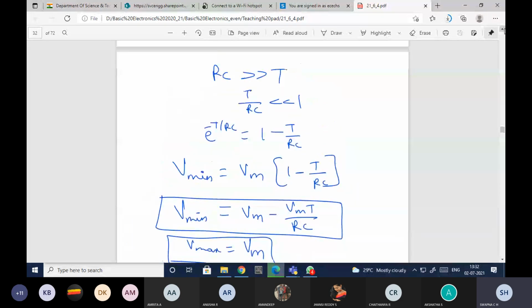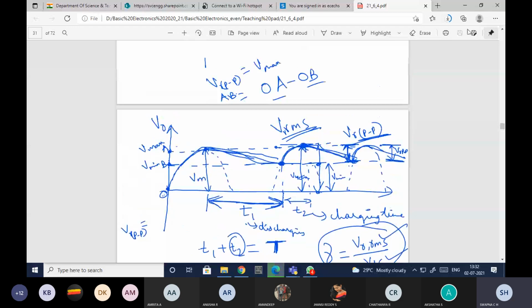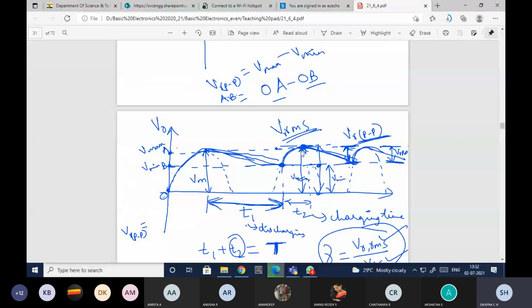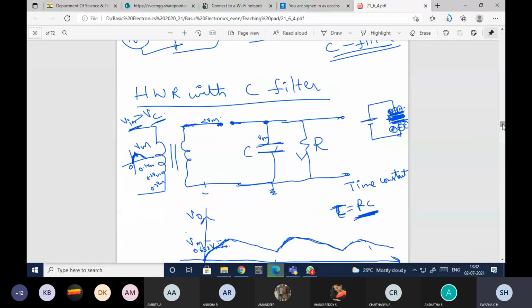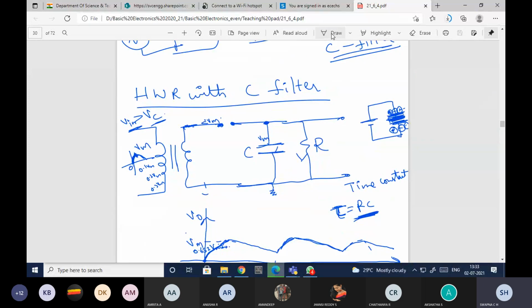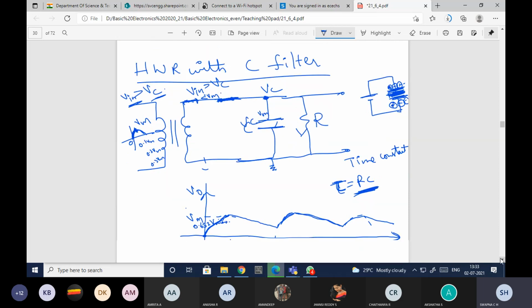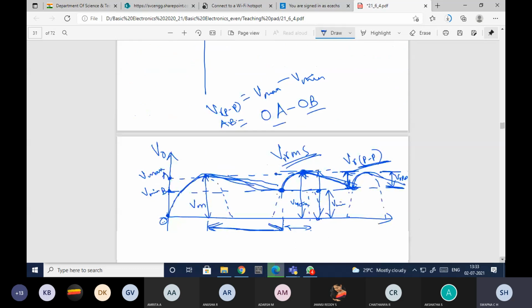So what happens, the capacitor will charge to the peak value and then it will start discharging. This discharging will happen until the V in voltage we are applying is greater than Vc. Vc is nothing but the voltage here; the capacitor voltage is denoted as Vc. Until V in is greater than Vc, my diode will be off. Once V in is greater than Vc, then again the diode will be on, which means it will be shorted. That is the reason we are getting the waveform in this way, the waveform which is represented here.